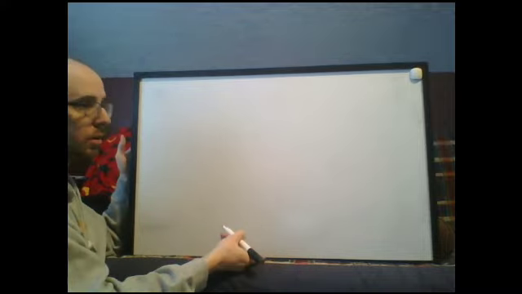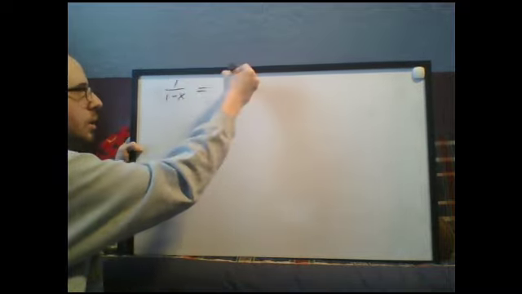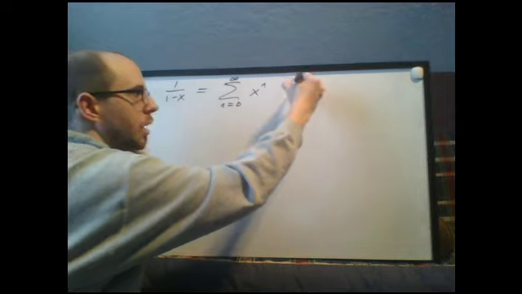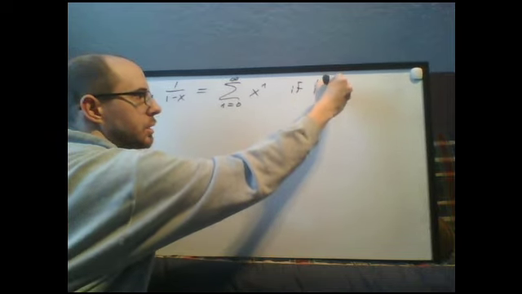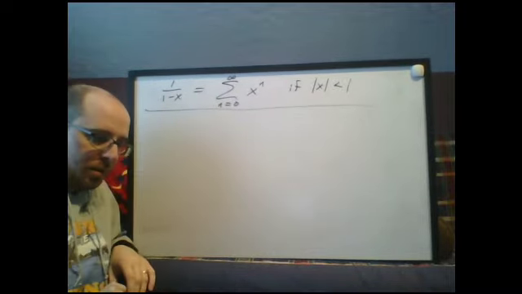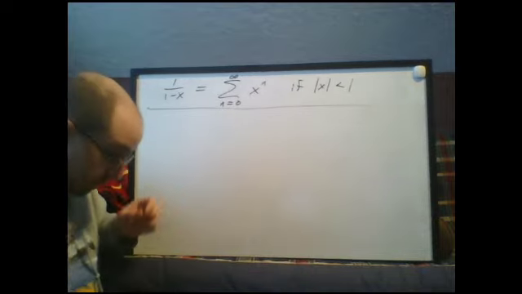Okay, so I just erased it, but I'll write it up again. But you'll want to have in front of you the power series that I just erased. 1 over 1 minus x equals the summation of x to the n from n equals 0 to infinity if absolute value of x is less than 1. So this is like our basic power series. We can use it to figure out a lot of other power series. So for example,